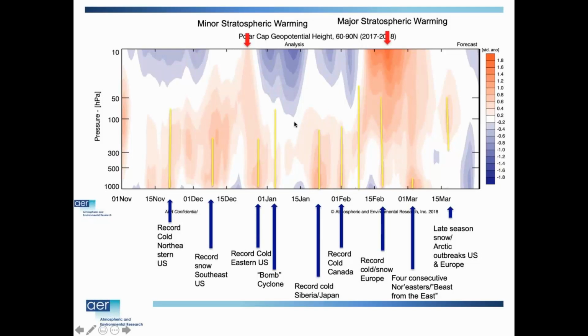So I just kind of noticed that when you have this pulsating warm in the Arctic, so this is increasing polar cap height. This is the polar cap height plot. You could think of it as a proxy for Arctic temperatures, from the stratosphere down to the surface. But when you have this pulsating warm in the Arctic, you tend to get more extreme weather across the hemisphere, mid-latitudes.